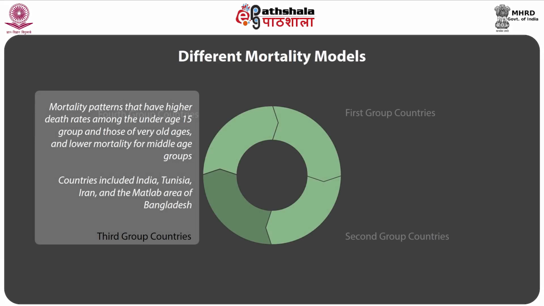The third group comprises countries such as India, Tunisia, Iran, and the Matlab area of Bangladesh, with mortality patterns that have higher death rates among those under age 15 and at very old ages, and lower mortality for